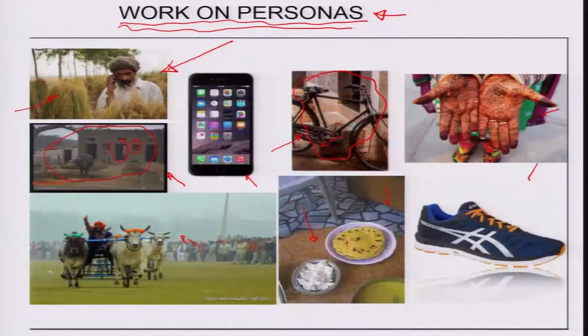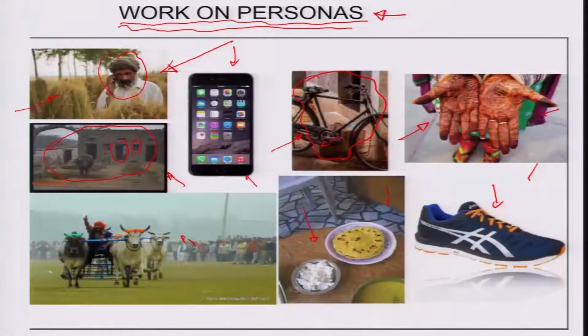And so he is typically in a rural setup, but his aspirations are very high. For example, he wants to get a smartphone, probably a very good quality shoe to wear, maybe to ride his bicycle or something. And by looking at the age of this person, he is quite old, so he probably wants to get his children settled and married.